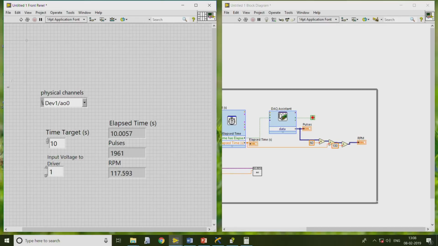So here, for 10 seconds, we have manually counted 3 full revolutions, which means for 60 seconds, which is 1 minute, it is 3 into 60 divided by 10, which is nothing but 18. But we are getting somewhere around 117.5. So that means 18 corresponds to 117.5 RPM.